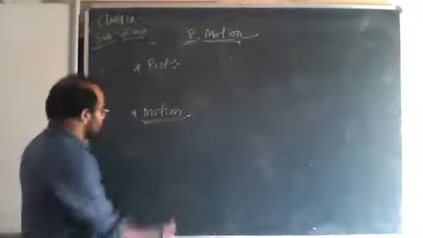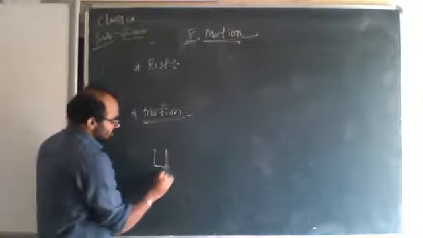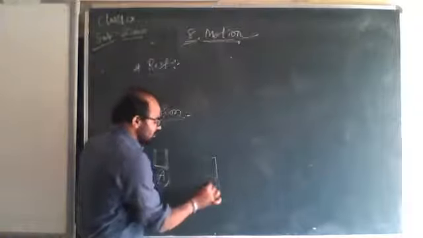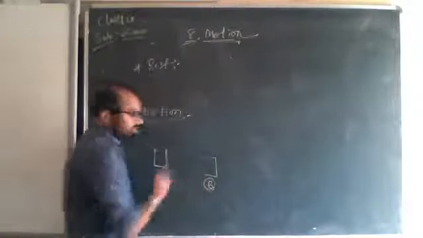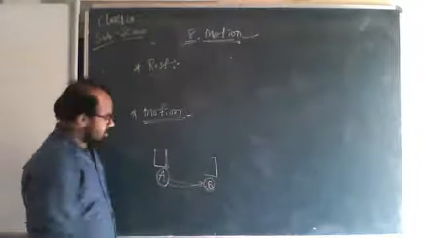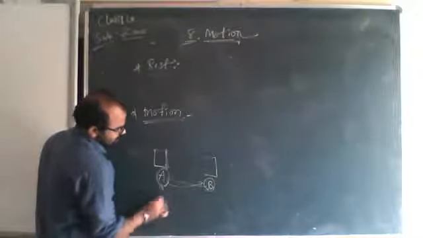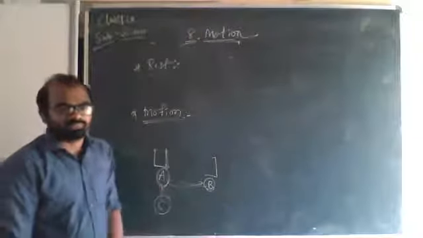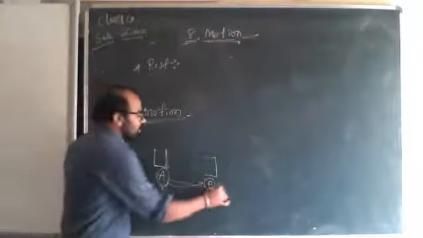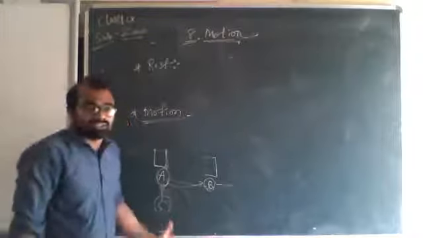Suppose an object, say a person, is here. You start running and after some time you reach B. Then you have made a motion. Suppose your friend C is standing here only. He will not change his position even though you go there. So we can say that he is at rest.